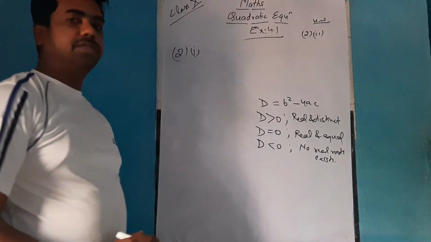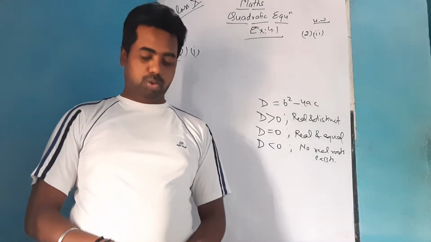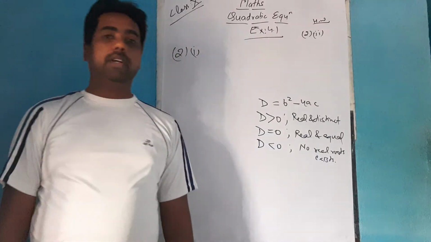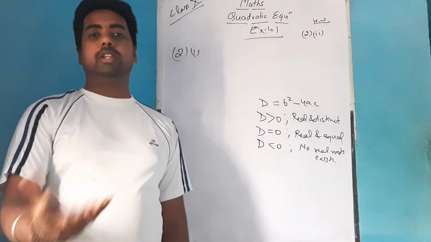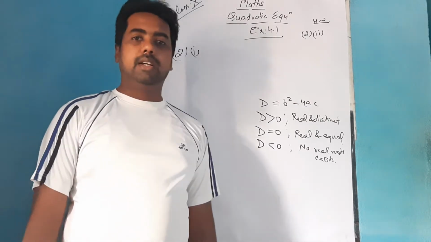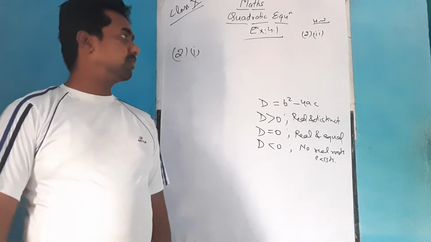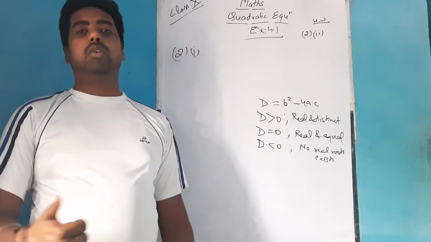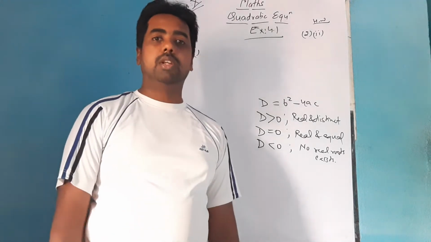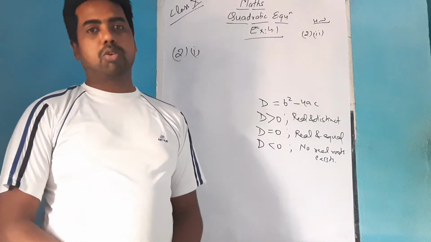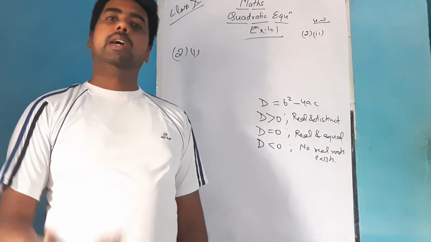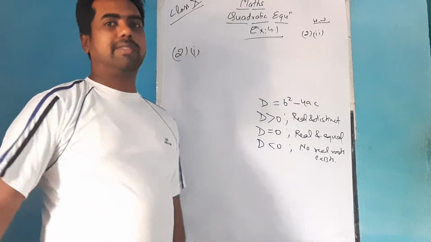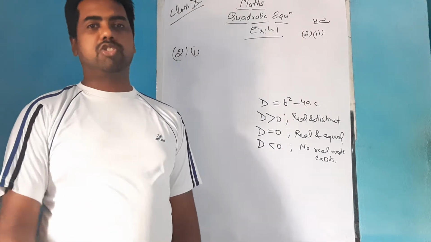So these three cases we have seen, and we have seen how to use the quadratic formula if the condition of the root is already given, that is, when the roots are equal or when D is greater than 0, then how we can find the value of the missing value k. In my previous video, the first video, we discussed how to check the quadratic equation. There I solved some word problems also, how to form the quadratic equation. In that, in one word problem, the equation was not visible, so I'll try to explain that question again.